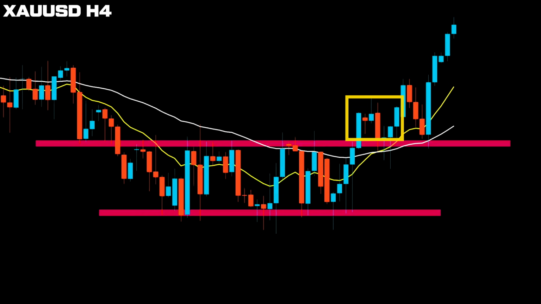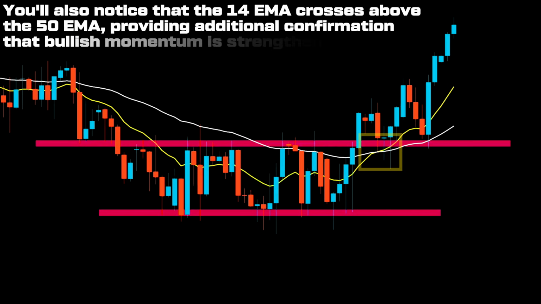Price then breaks above the key resistance zone, moves through the 50 EMA, and forms a higher high. This shift in market structure confirms the bullish bias on the 4-hour time frame, meaning our focus now shifts toward potential buying opportunities. You'll also notice that the 14 EMA crosses above the 50 EMA, providing additional confirmation that bullish